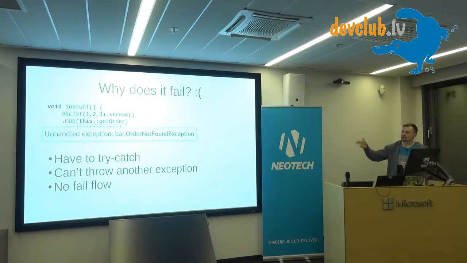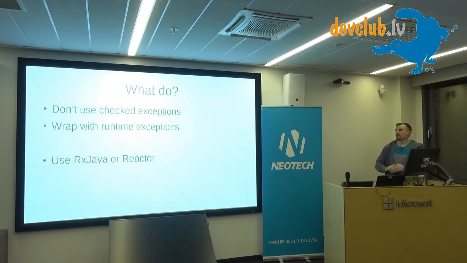And another thing is that there is no fail flow, and so the answer to what to do in this situation: we've introduced checked exceptions, they don't work. The answer is don't use checked exceptions. So you'll be like, why did this guy tell us all this great theory about checked exceptions if he says that you shouldn't use them? Well, basically what's important here is what we were fighting for. We were fighting for the maintenance of the three things.